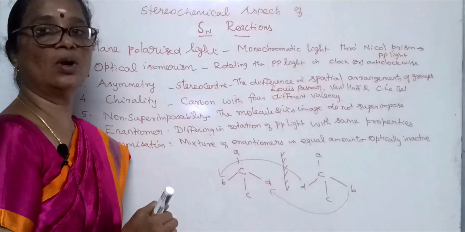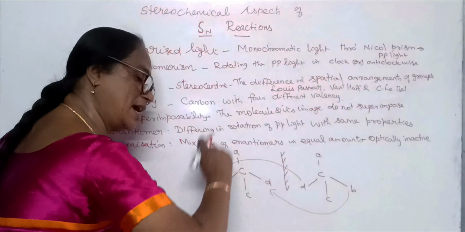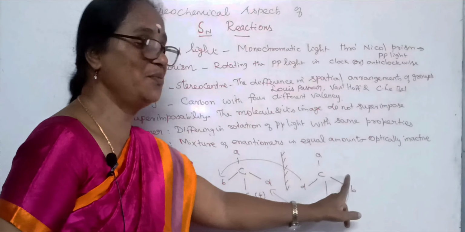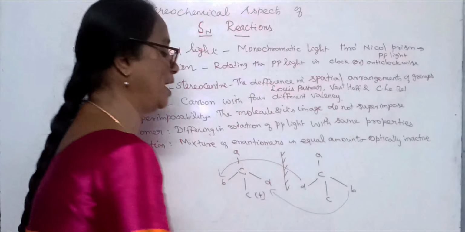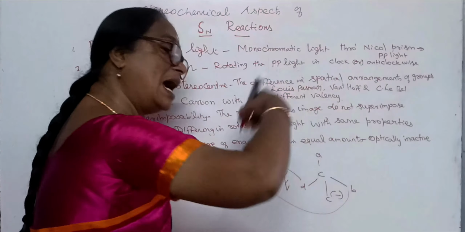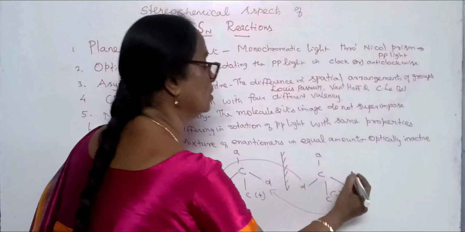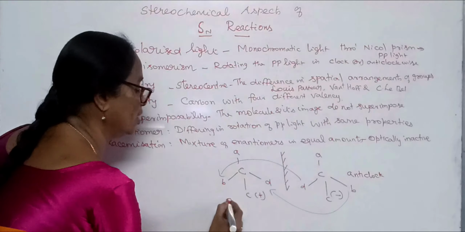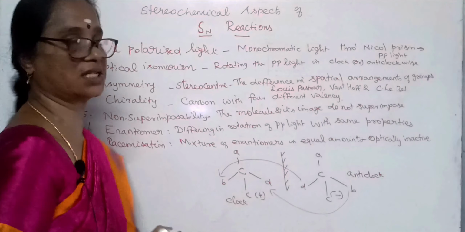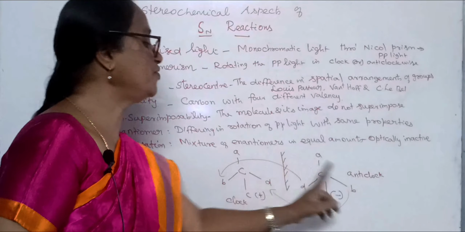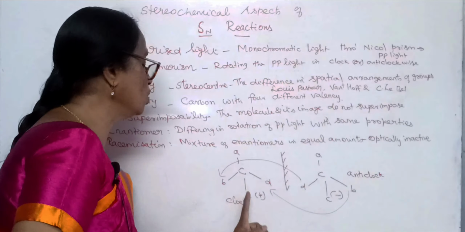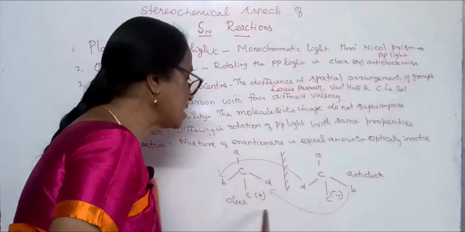If the molecule rotates plane polarized light in the clockwise direction, it is said to be plus. But the mirror image will rotate the plane polarized light in the anti-clockwise direction. So this makes an anti-clockwise rotation, and here it makes a clockwise rotation. Because of the difference in rotation of plane polarized light, it gives rise to two isomers, the plus isomer